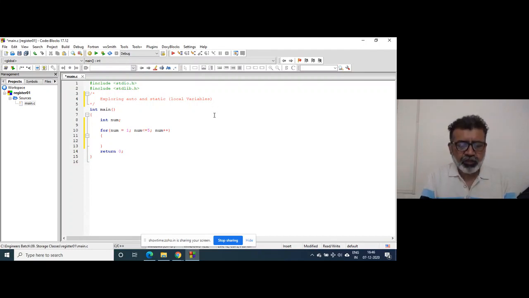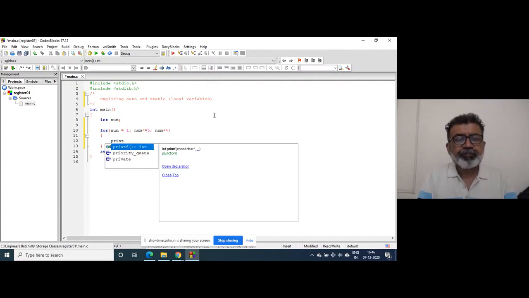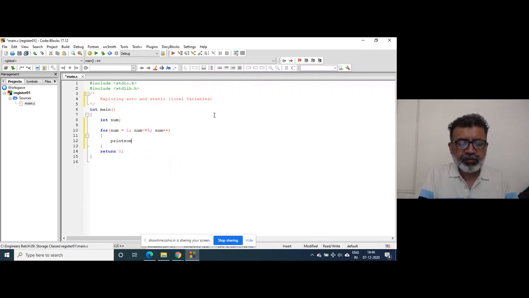Which function can I call? Suppose print something. Okay, just calling the function print something. That's it.